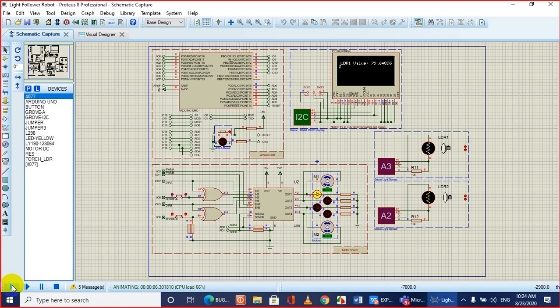The problem was because of, I think, the software system. When we connected LDR 1 at pin number A1, it was not working properly. Look at the LDR value now. Now they are showing the right value. As I change the LDR value, look at over here, now it is working properly. So I have changed the pin connection.